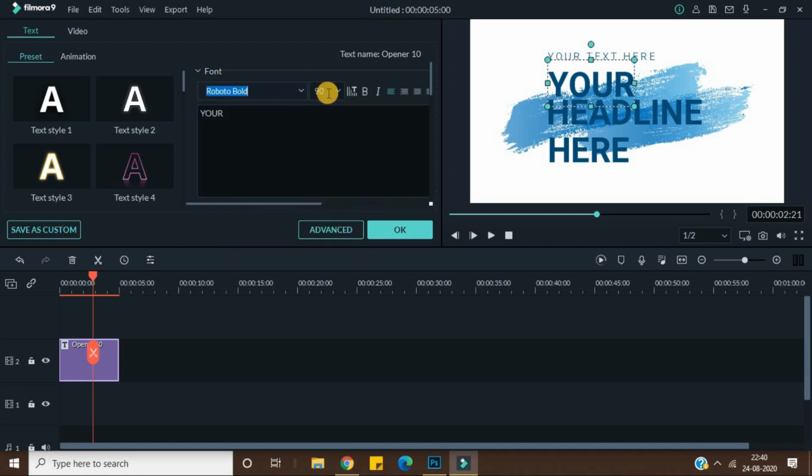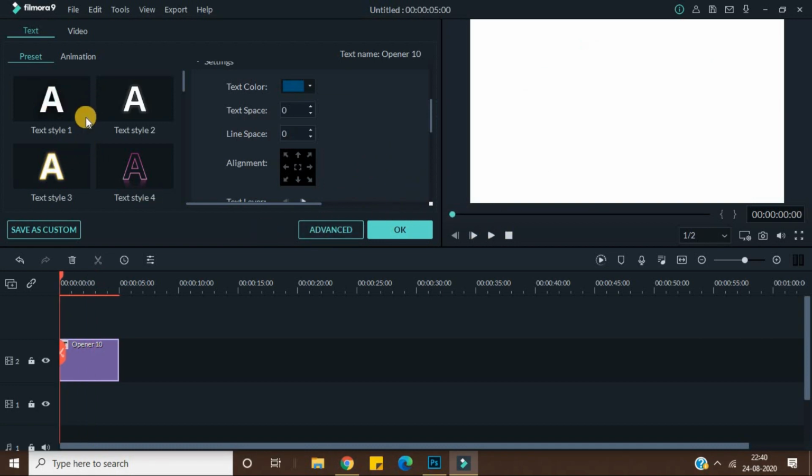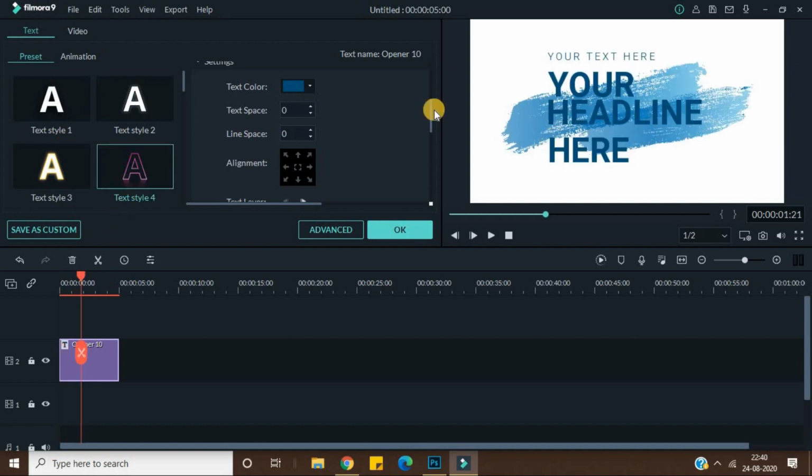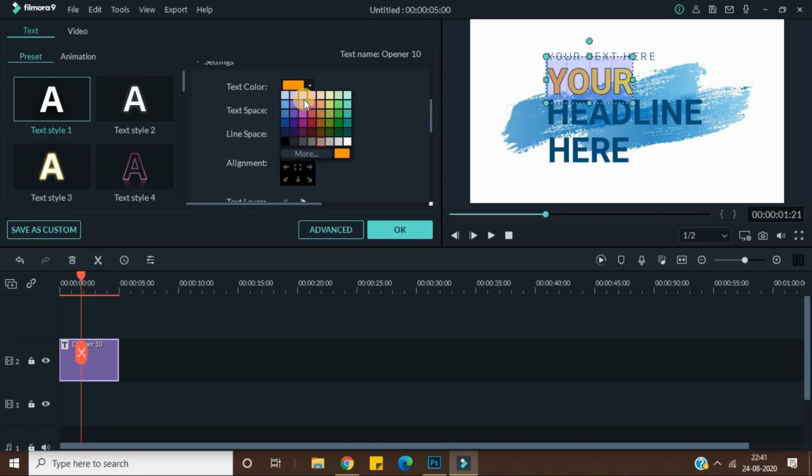You can change the font here, then font size here, and then bold, italic, every other option you can do with the text. You can change its color and everything. Then there comes the advanced setting in it. Also you can put the text styling here. If you want to change the styling of your text, just double click on the text and select it. I am pressing shift and then the arrow key to select it, and then you can change the styling and it will change accordingly. Like I have chosen this yellow one and it changed accordingly, but right now I'm keeping it as normal. So that's how you can change it.